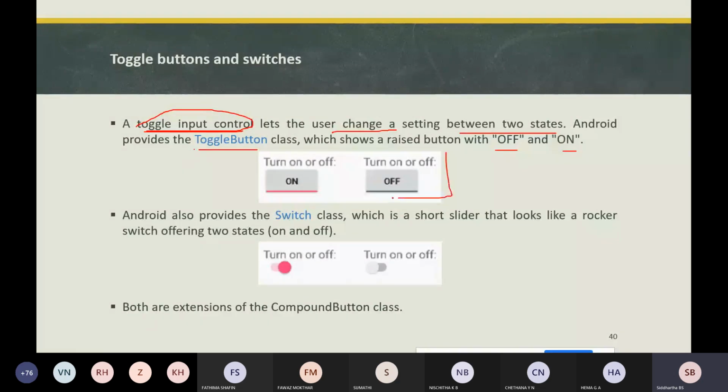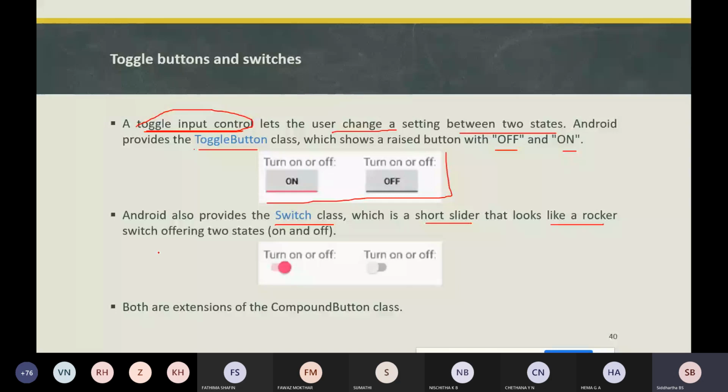Along with the toggle button, Android also provides a Switch class, which is a short slider. It is a sliding option that looks like a rocker switch offering two states, on and off.